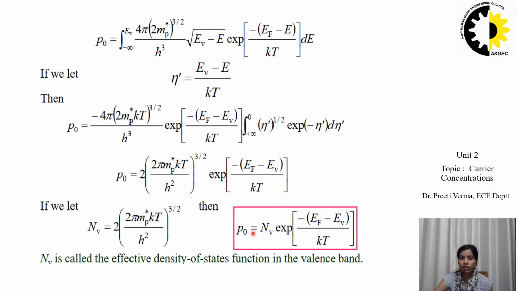And also if we see in detail the NV, then it is also dependent upon the effective mass of the hole, and the rest of the terms are constant, varying with T raised to the power 3 by 2 is the variation of